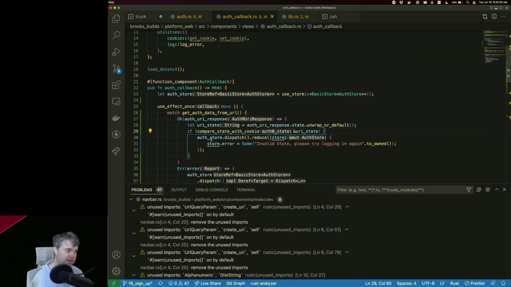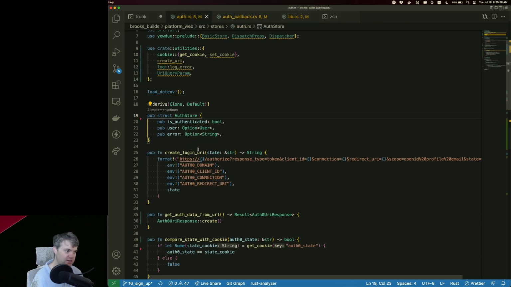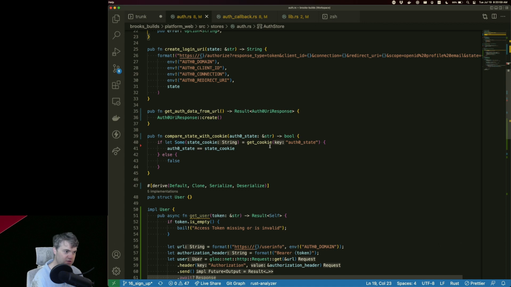Unfortunately, I'm running out of time, so I don't think I have time to actually debug this and figure out why, if this is true. I guess, hold on, let's go into here. Compare state with cookie.